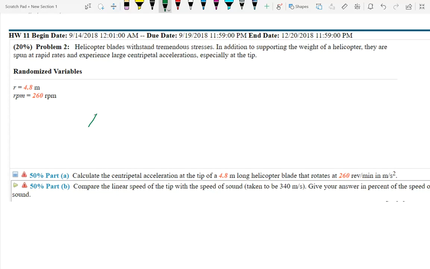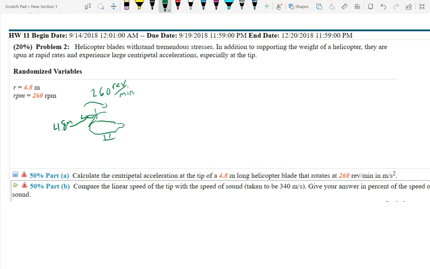So we have helicopters. This thing is spinning. There's no picture, so I'm just going to draw. There's my helicopter, and that's spinning. We have our blades that are 4.8 meters long, and it's rotating at a speed of 260 revolutions per